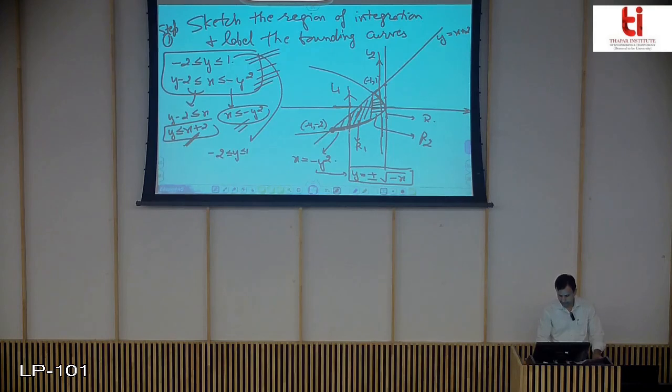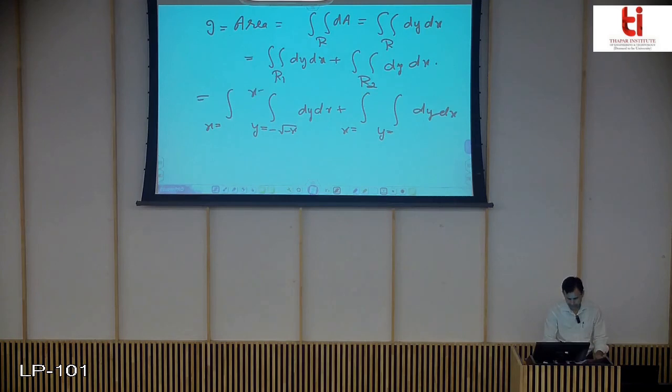For this boundary, y is equal to minus of under root minus x, because it is below x-axis, so y is going to be negative, and x itself is negative on the left hand side of y-axis, so minus of x will be positive. Now the line is leaving for this region here, and that is y equals to x plus 2. It is leaving the region at y equals to x plus 2.